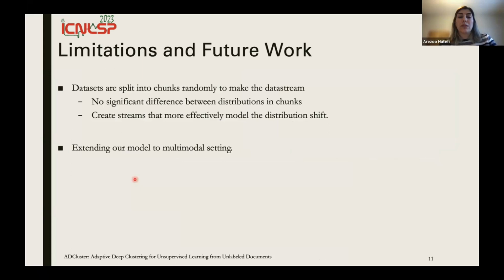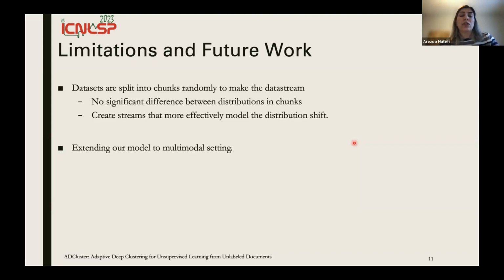But there are some limitations in these experiments, and the most important one is that for making the data stream, we are dividing the data into chunks randomly. So there isn't any significant difference in the topic distribution between these chunks.